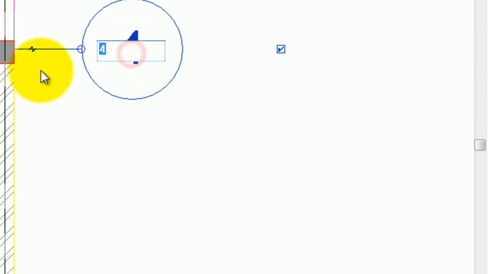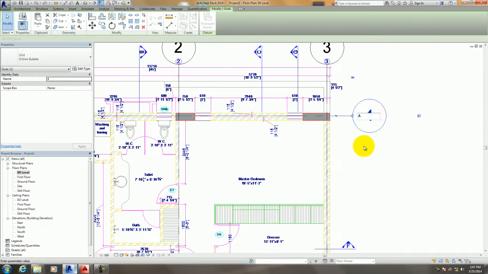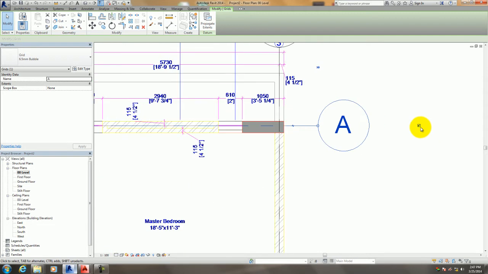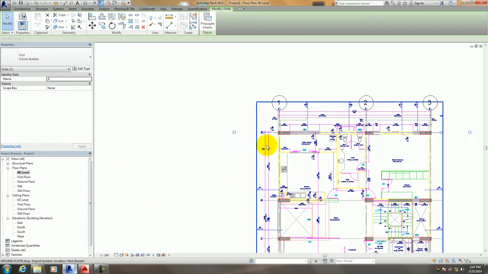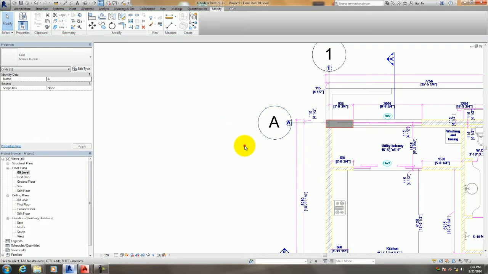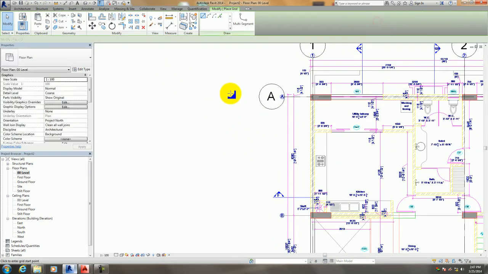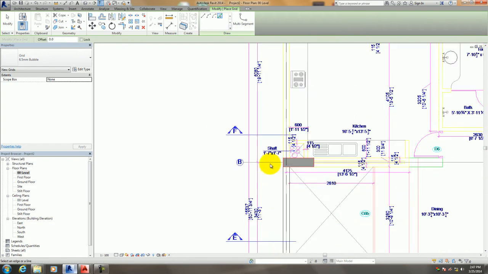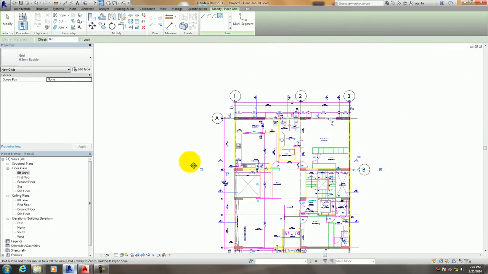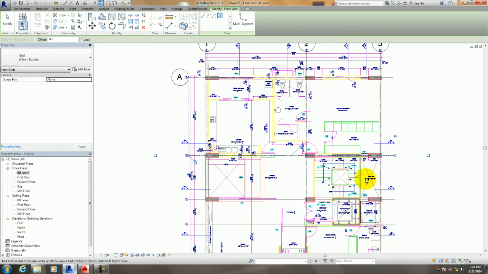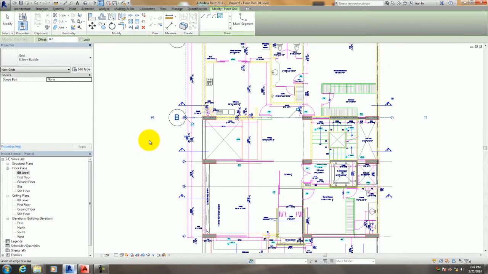I'll double click on this 4. I'll say A. This is the A grid. Now I want this A on the left hand side of this plan. As you see, there is a check over here. I'll remove this check and I'll check this side. This is now grid A. Again I'll go to the architecture tab, grid, and I'll select the other grid, and this is B. Again you will see the B is coming on the right hand side. I'll again do the same exercise. I'll remove this check and check it here. Same way to C,